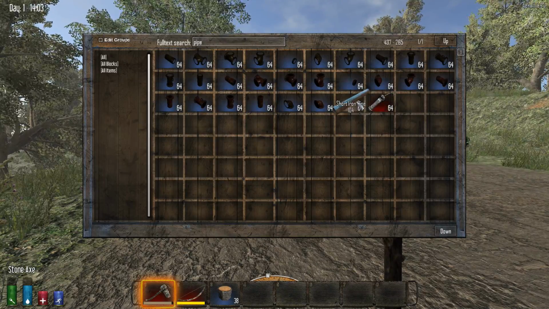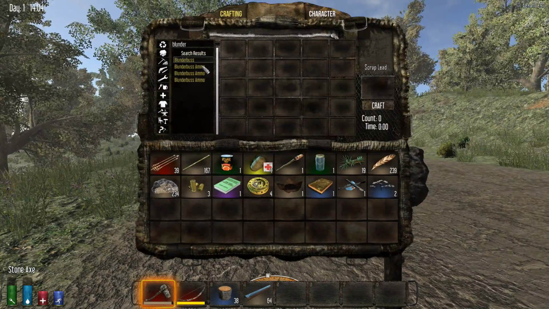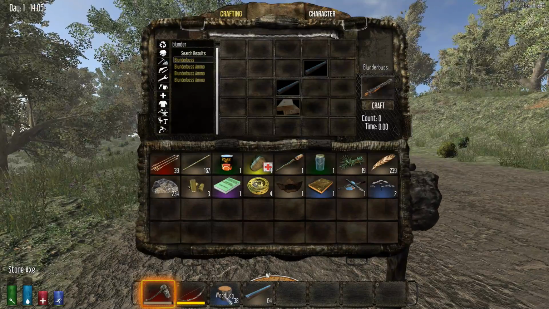Okay, so say you have a pipe. You found some pipes. You now have the ingredients to make a blunderbuss. You make some...